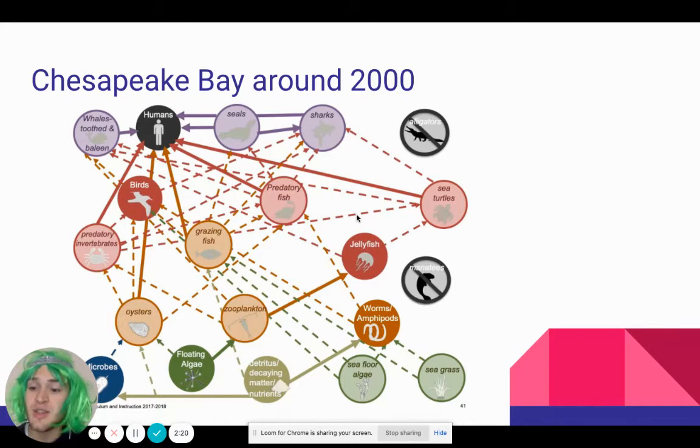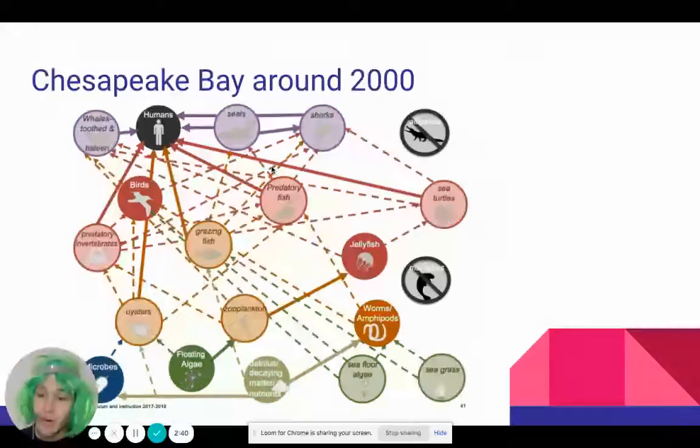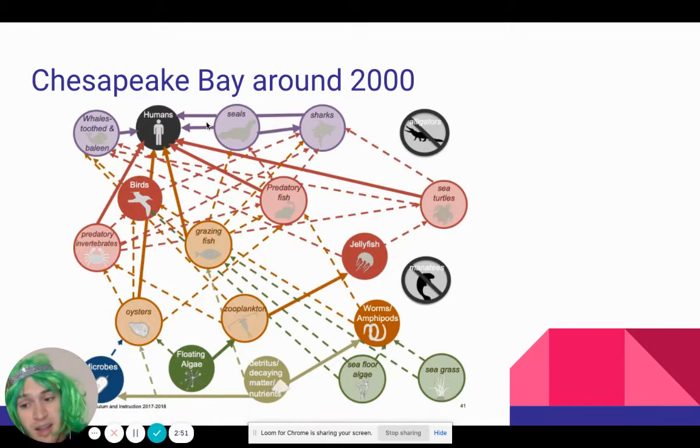And although humans are not considered invasive species, the way that we can change ecosystems is actually very similar to how invasive species change ecosystems. So invasive species come from other ecosystems, and when they get to a new ecosystem where they don't have any natural predators, they can very dramatically change the food web. So that's a lot like humans. You can think of invasive species kind of like how humans changed the Chesapeake Bay food web.